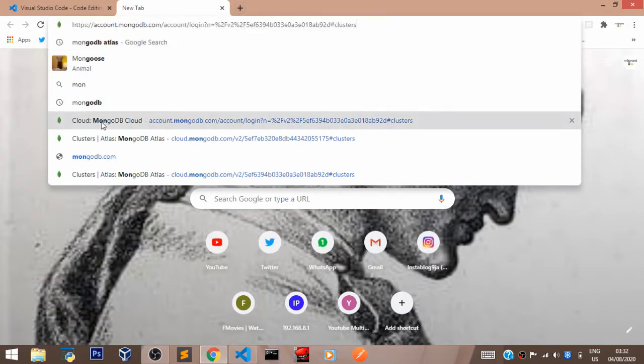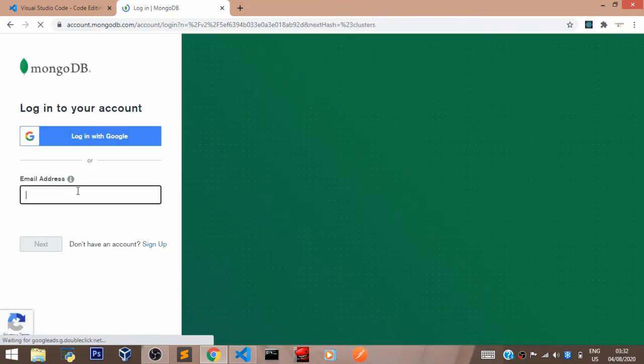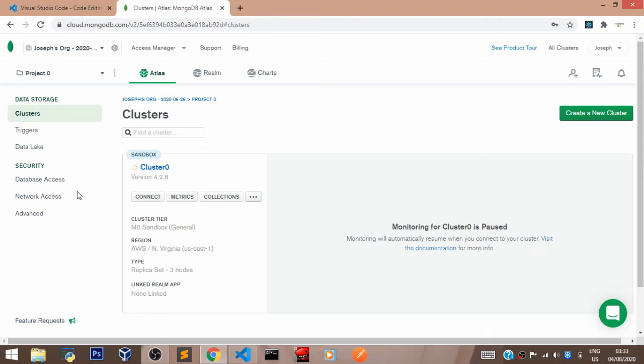So if you don't have an account with MongoDB, you can create one. This is absolutely free. When you sign up, then you log in. I'll be logging in with my own details. So when you sign up and you log in, you'll be brought to this page here, or you may be